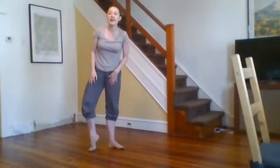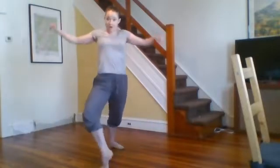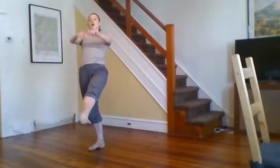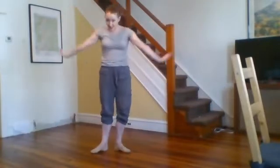Let's go back to the tombe. So you're gonna roll through one foot, extend front, fall onto it, push back, and first. Roll up on one foot, extend front, fall, push back, and first. Roll up, extend front, tombe, push back. Roll up,